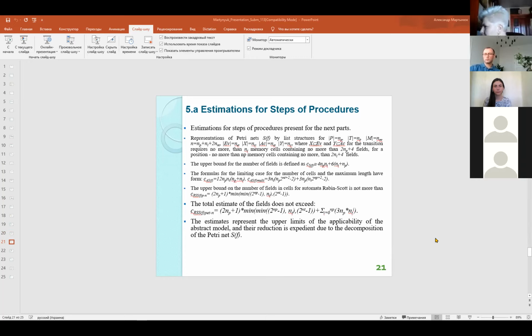Estimations for steps of procedures present for the next part. PetriNet, maximum length of search, automata Rabin Scott, and the total estimate of the fields does not exceed then this expression. The estimates present the upper limits for applicability of the abstract model, and the reduction is expedient due to the